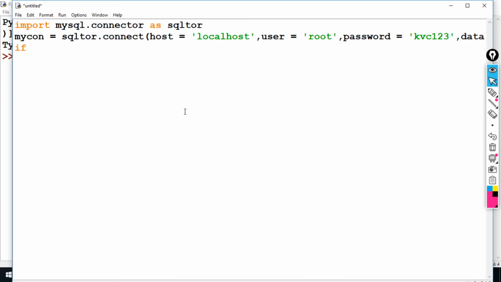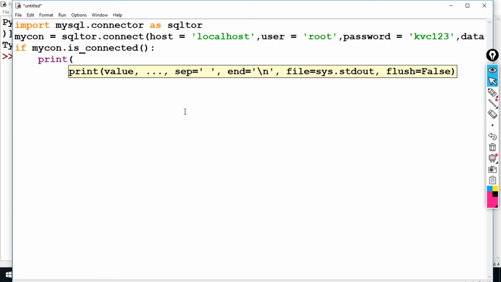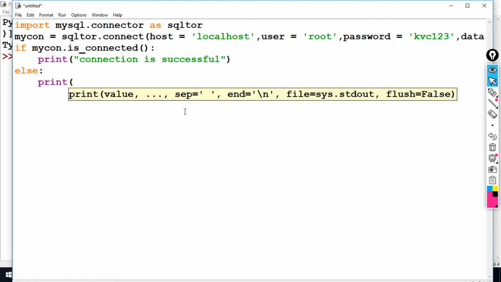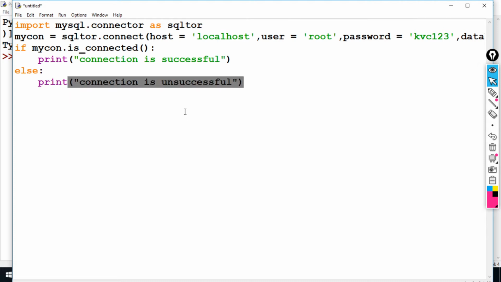So for that we will write if mycon.is_connected. This is a method which will return true if it is connected. So you can just give a message right now, print connection is successful, else print connection is unsuccessful, right?